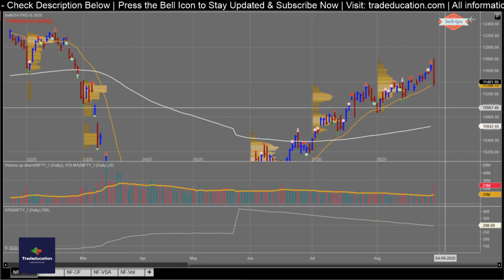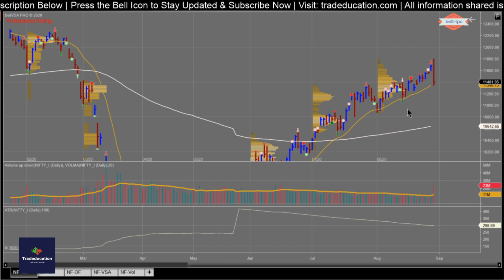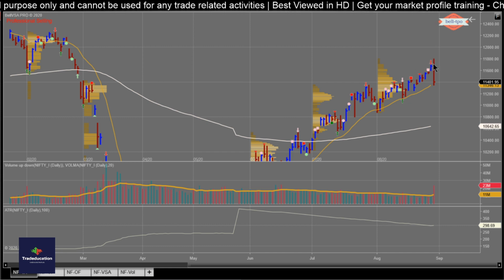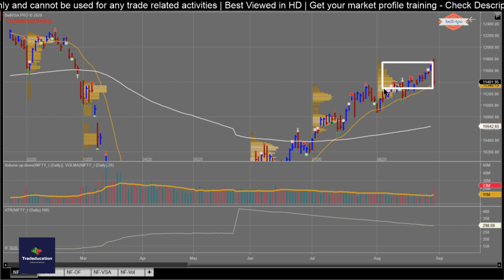What happened yesterday is there were a lot of weaker references getting formed, and the buyers were trying to take the auction higher and hold their fort. But yesterday it was more of a shakeout type of bar, wherein all the weaknesses in the markets would have shaken everyone. And it led to an inventory adjustment trade. So if you see the inventory which was built in this range,